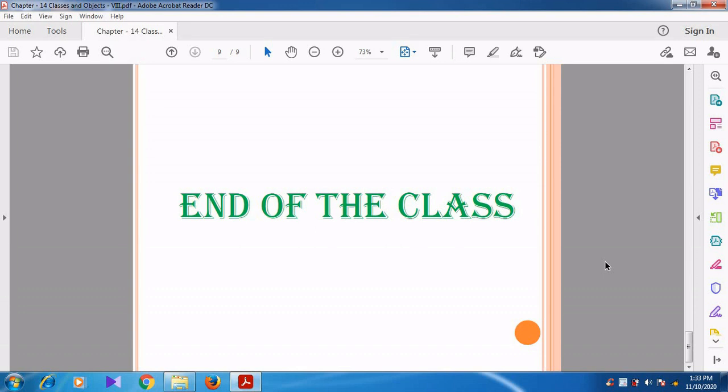In these ways the constructor is called the special member function. And what is the main function of the constructor? The main function of the constructor is to allocate the memory space for the object.